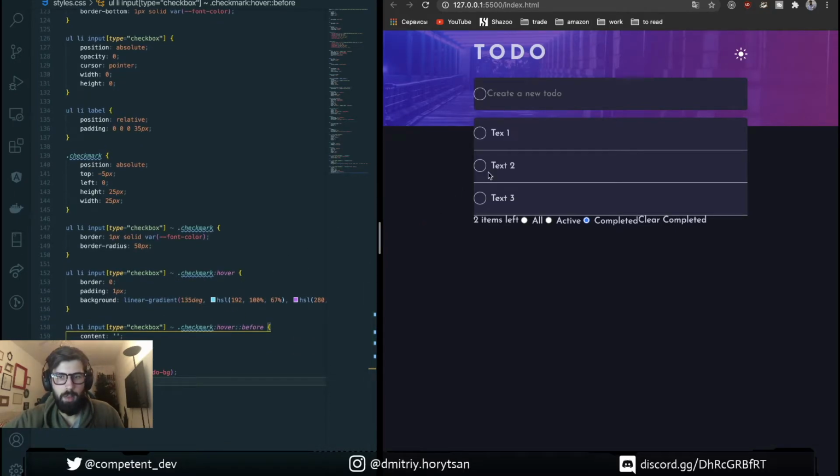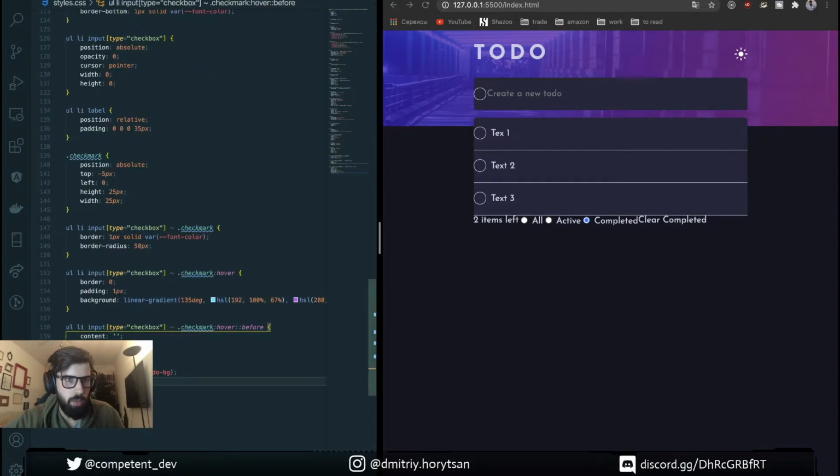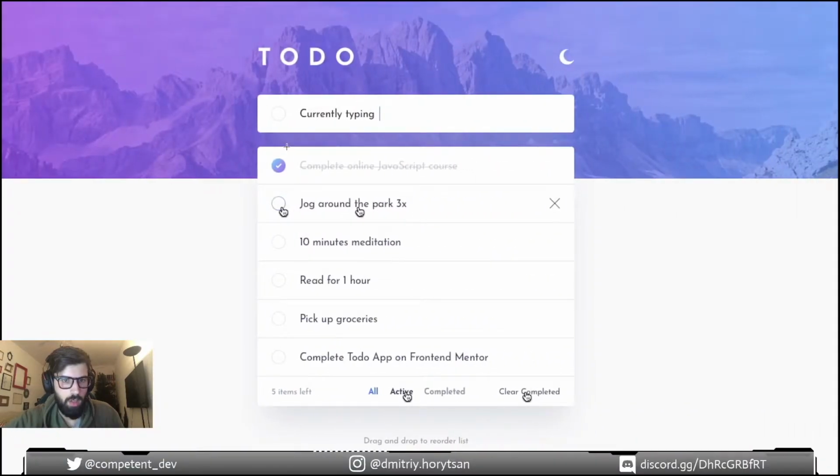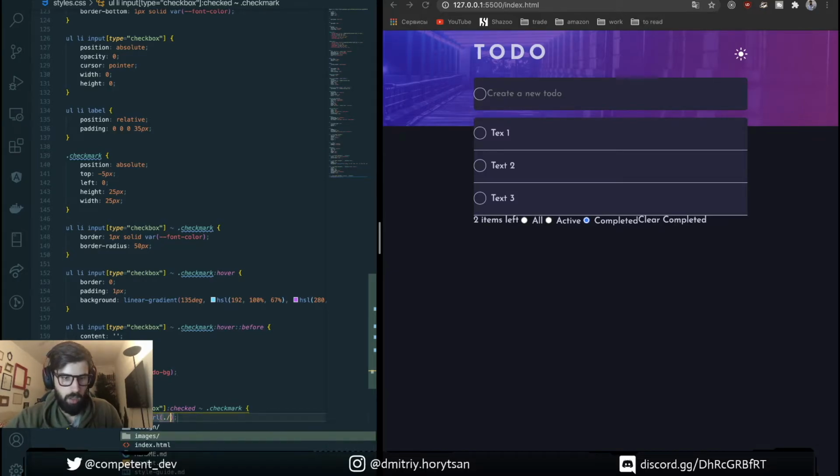The next step is when item is checked, we need to show check mark. So for this we do the next thing. Here checked, and background center URL images icon check.